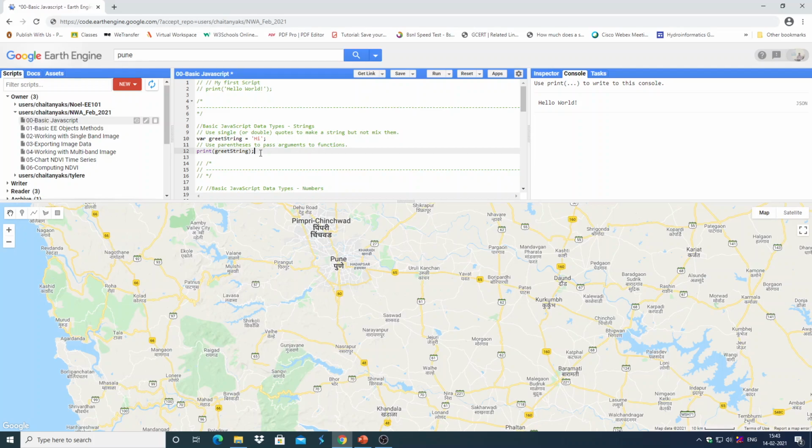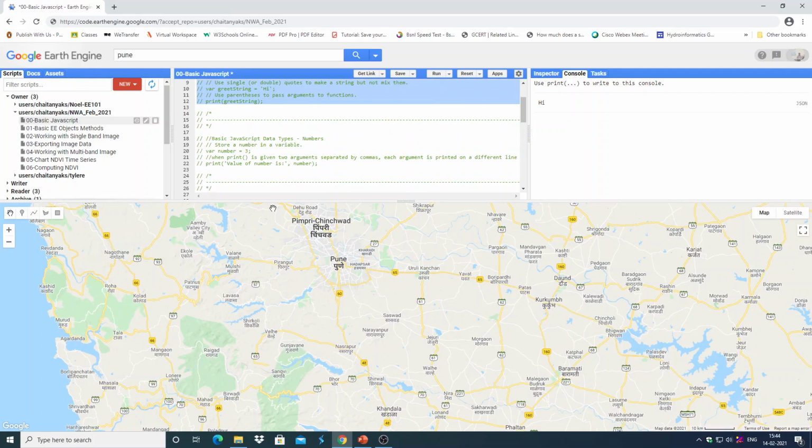Though it is a JavaScript function, it can also recognize Earth Engine objects, unlike many other functionalities of JavaScript, which we will see. For now we will concentrate on basics. Print greetString. Now if I run this, the hi gets printed here. So this is how you declare strings.